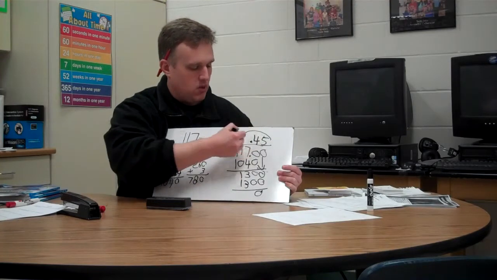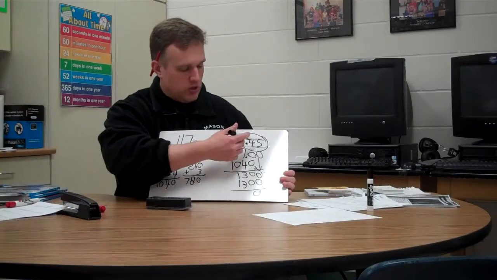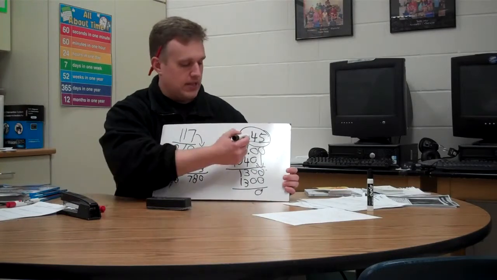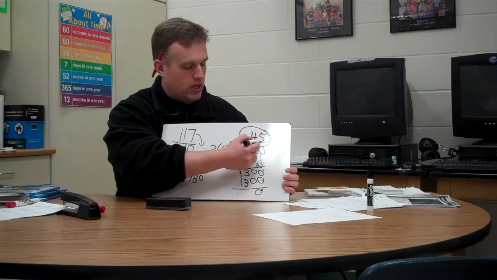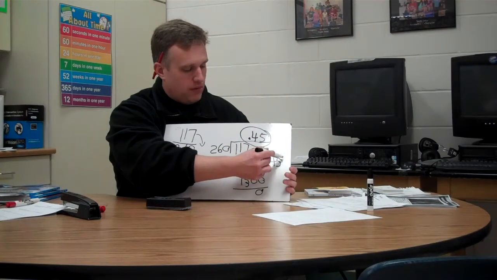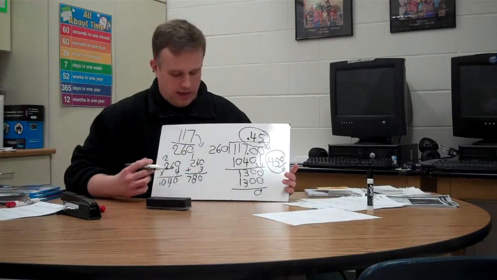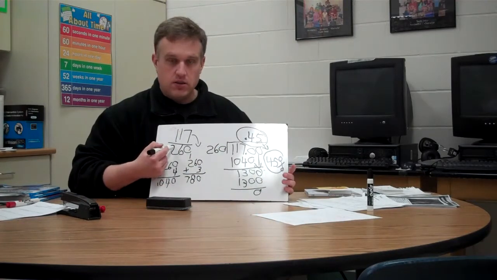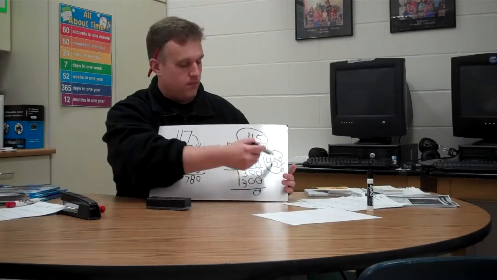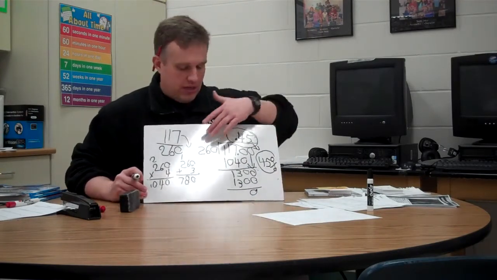Okay, so my decimal is 45 hundredths. Now, if I turn that into a percent, I move my decimal 2 places. 1, 2, put my percent sign. So my percent will be 45%. Okay? So fraction, decimal, percent. Now the key is, guys, when you're doing this and you start getting into these big numbers,